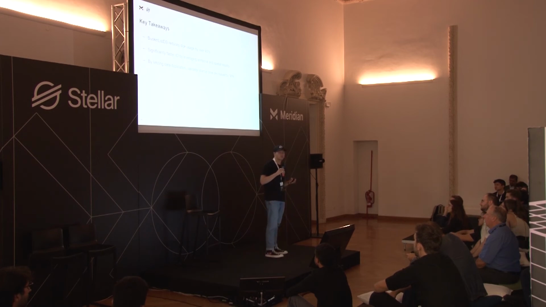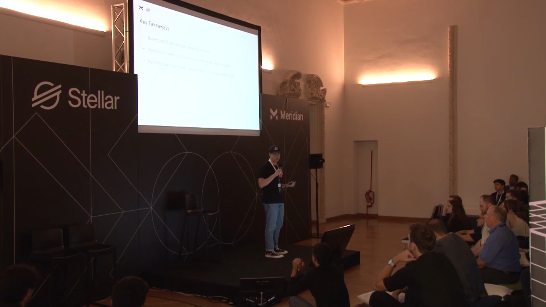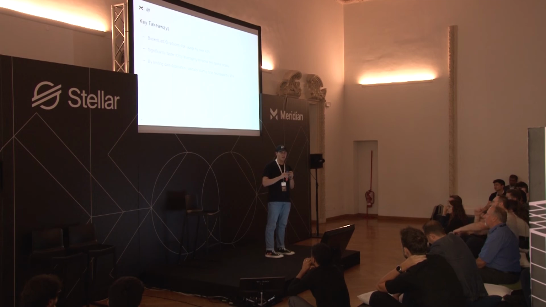Now, this is still currently an experiment. We have a PR out on the Stellar Core GitHub right now, but it's not been merged in yet. And we still have a few kinks to work out, especially when it comes to the order book. But the initial results are very promising, and this solves a lot of issues, both for Stellar and for blockchains